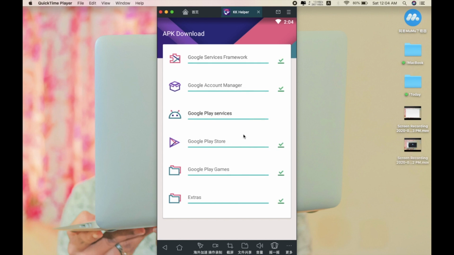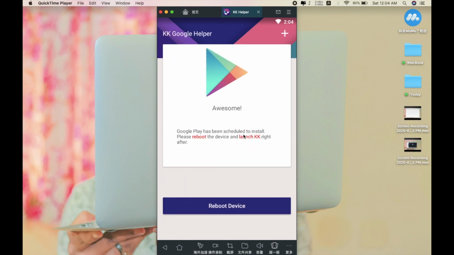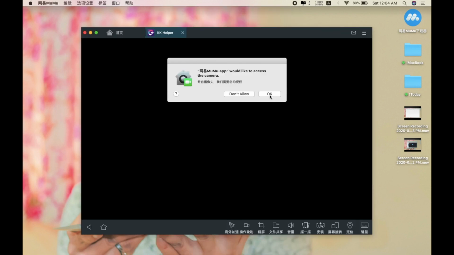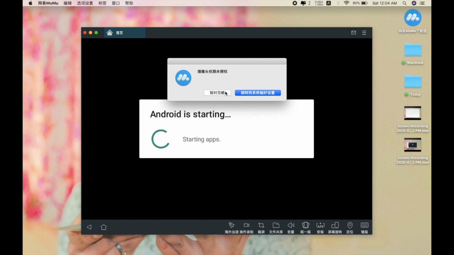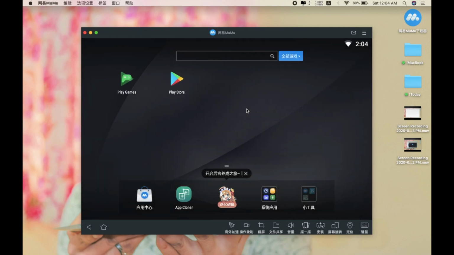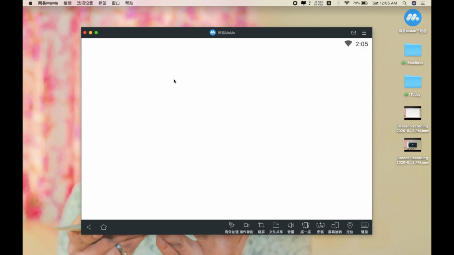Alright everyone, after 4 to 5 minutes we are near to the end and all the things are downloaded. Reboot the device. Alright, we are rebooting the device. Access the camera. I just don't want to give it the access to the camera. Deny it. We are just waiting for it to load, and over here you can see we have the Play Store and Play Games. So let's go inside of Play Store and put in our Google ID and Google password,